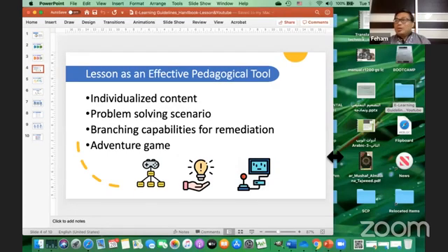Or you can create kind of like a game. It can serve that purpose as well, where you limit, for instance, after certain points, the student can proceed. If the student couldn't reach that point, then he will stop there and finish the lesson.